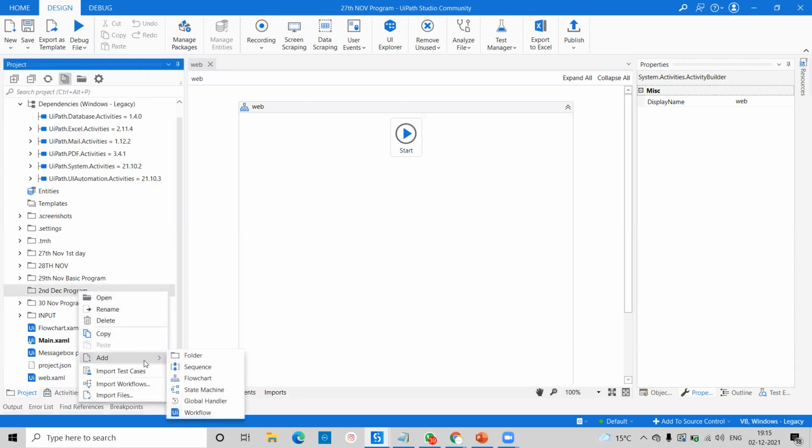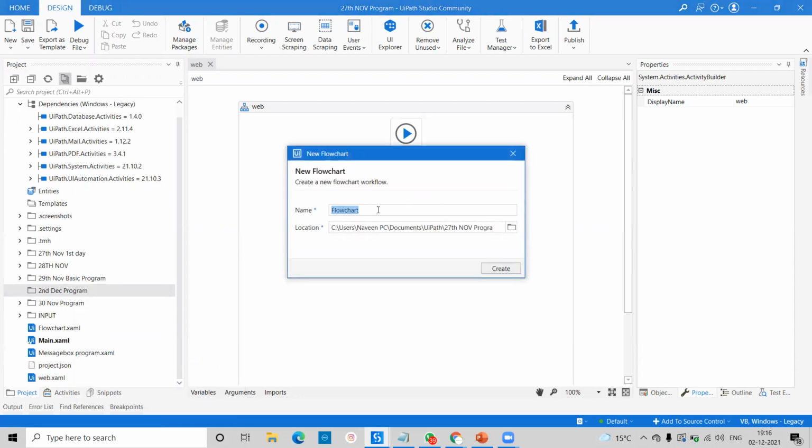So again we are getting this add, and inside we'll go for sequence, flowchart, and state machine. Okay, so today we are going to take the flowchart. Sequence also will come. I'm taking flowchart, especially for small as well as large programs. Okay, so again I'm going to open. Automatically we are getting the name flowchart. If you create multiple times, it will come as flowchart 1, flowchart 2, flowchart 3, like that.